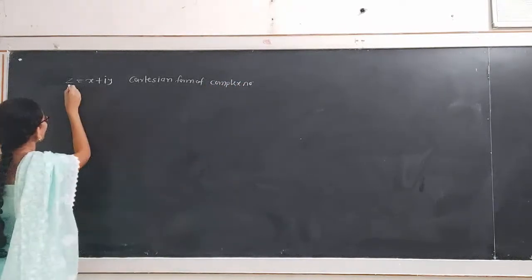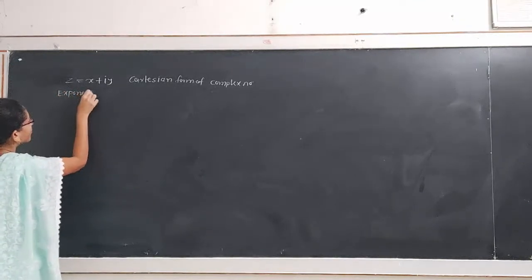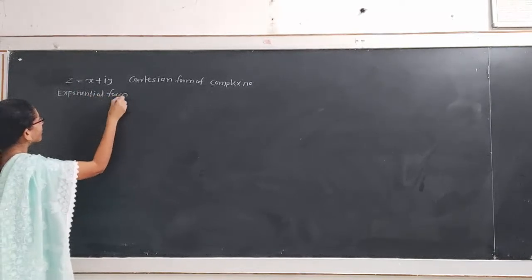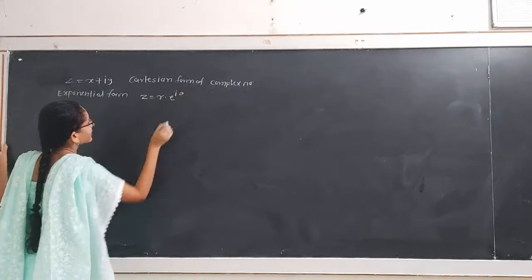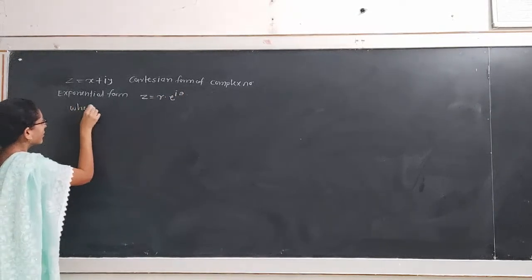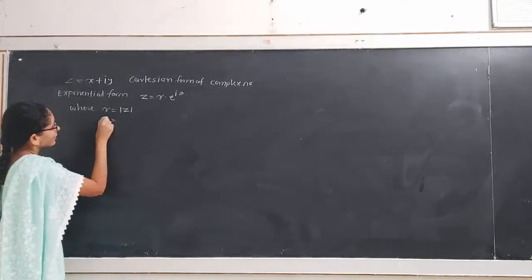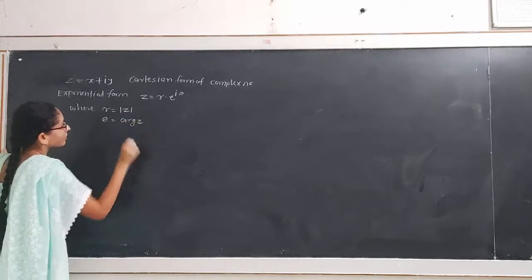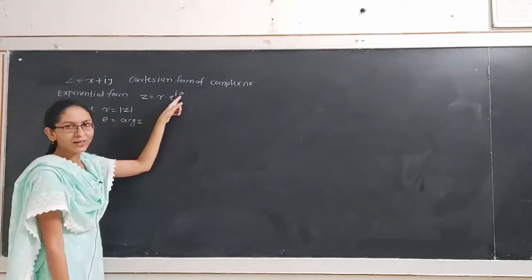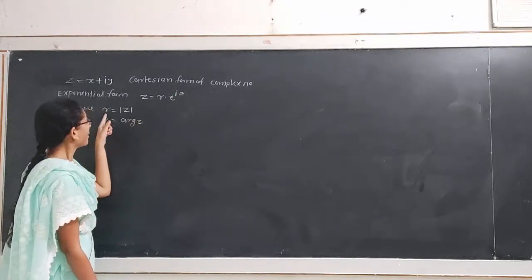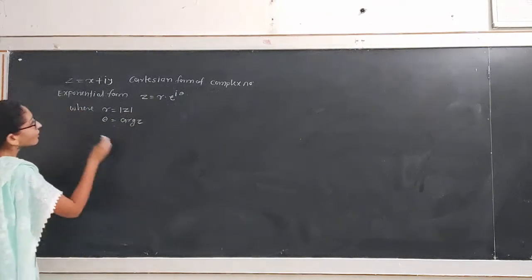If we want to find the polar form or exponential form of a complex number, it is z equal to r into e raised to i theta, where r is equal to the modulus of z and theta is equal to the argument of z. The exponential form of complex number z is given by r into e raised to i theta, where r is the modulus of the complex number and theta is the argument of the complex number. For example,